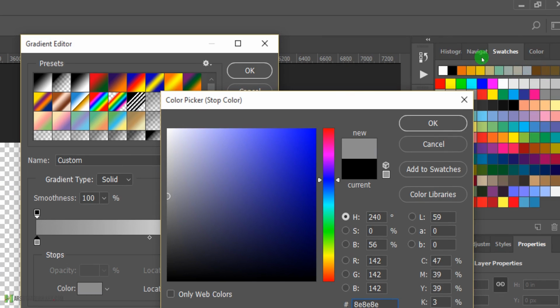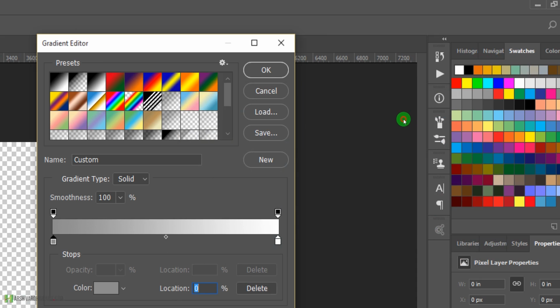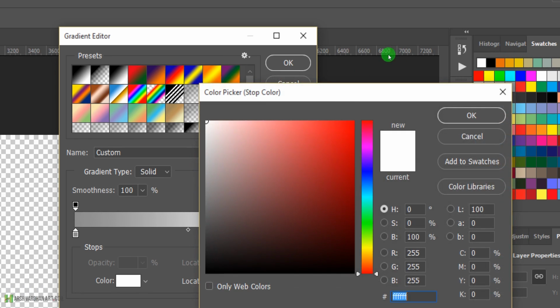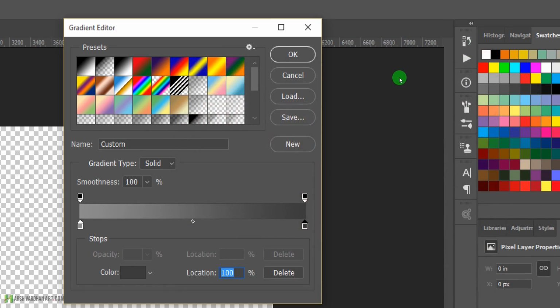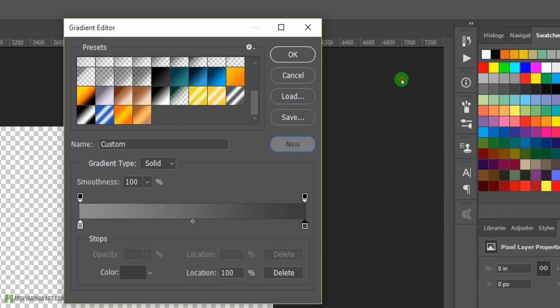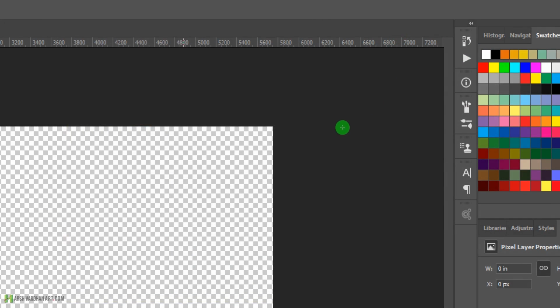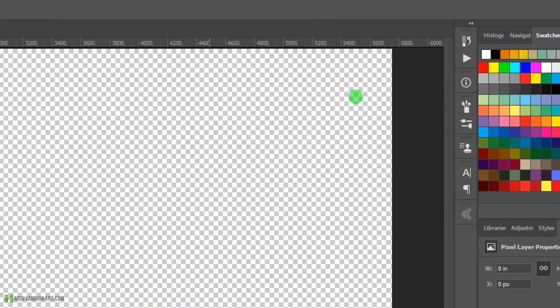Okay, and I'll press OK, and similarly on this side as well I'll click and I will choose this time a little dark color. Okay, and I will press OK and select as new, and that way it would be available as a preset for me to use later on. And I'll press OK,